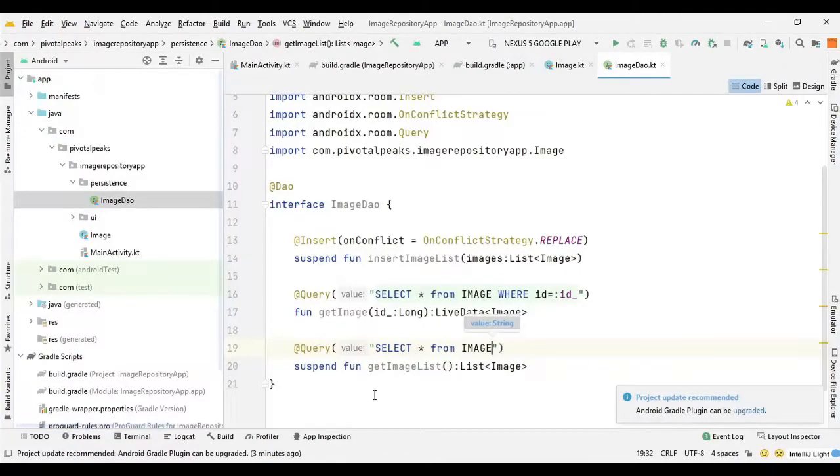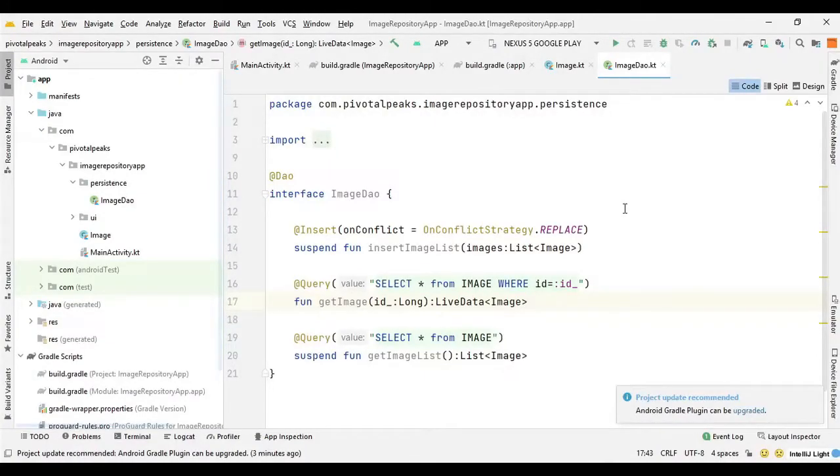So the suspend functions allow us to do this task in the background on a separate thread. So even if it takes a long time, it won't freeze the app UI and the app will run smooth. And in this query, we are fetching a single image, so we can use just the function because one single image is not going to take a very long time. So here we don't need to use the suspend function.